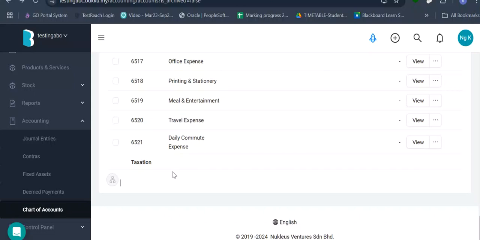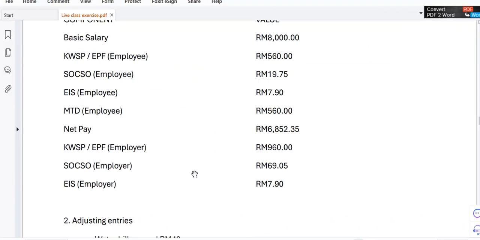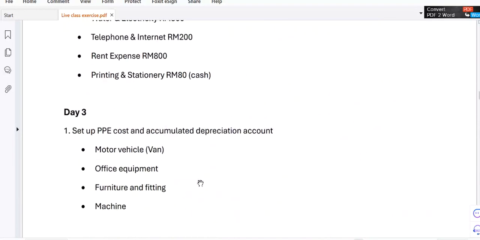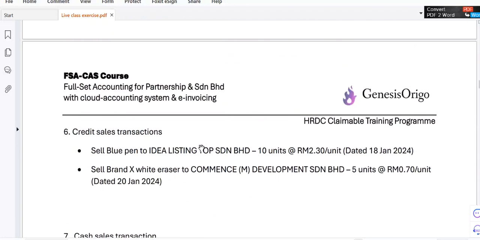And then we also have the company installment. Every month we have to pay the government. It will be recorded, but then it is not part of what we're going to discuss in this basic course here. Alright, so for chart of account, we went through already. We know that these are the listing with their respective account codes. We can create, we can amend, we can add, we can delete as well. All these things.